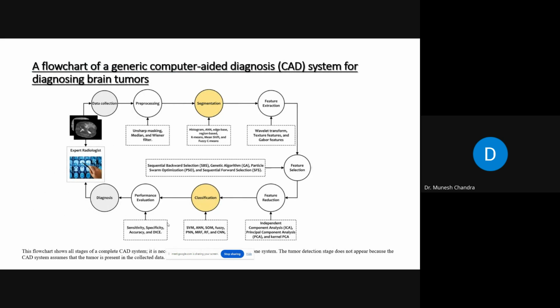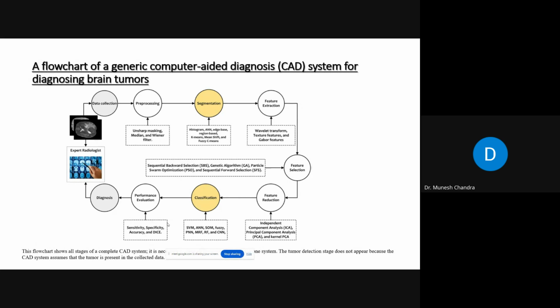So the general flow chart that is used for computer aided diagnosis of disease, especially for the brain tumor. First we have to do the data collection. We have to collect the electronic data, omics data, and sensor data. We have to collect all three types of data. Then we have to do the image pre-processing. For the pre-processing, we can do the filtering, we can do the masking also, and we can apply certain filters so that the noise may be removed and the image is proper.